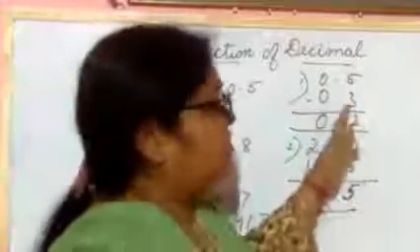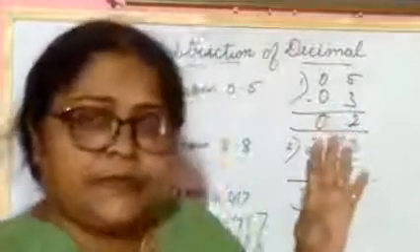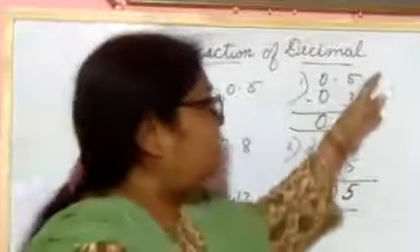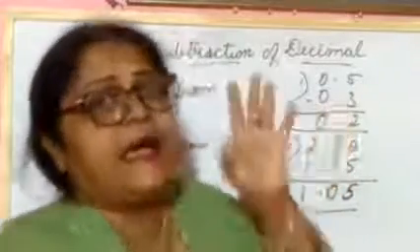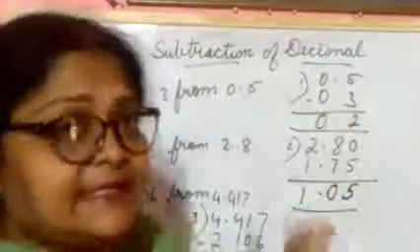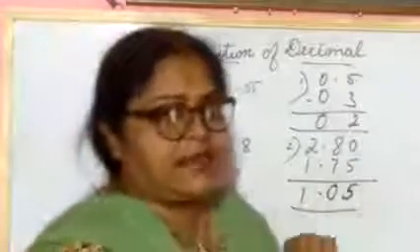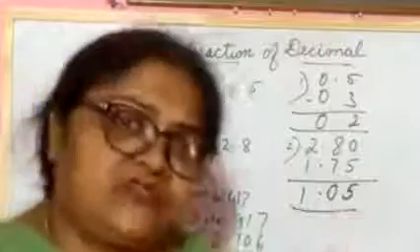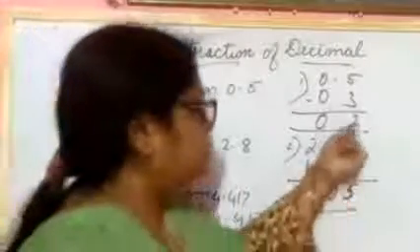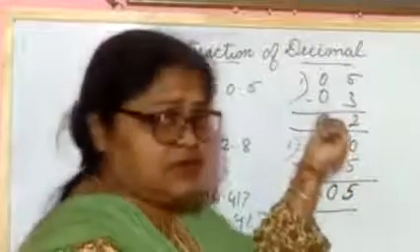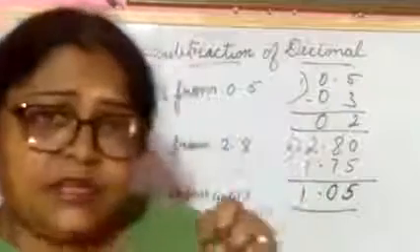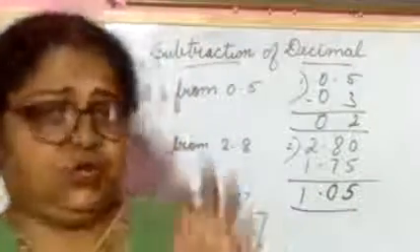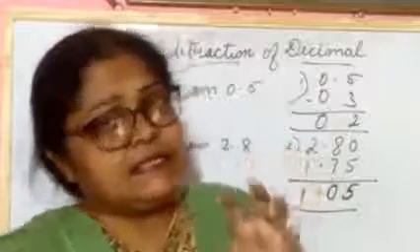Okay, now you will arrange the numbers. After arranging, you will subtract the tens place. From the right-hand side, you will do your subtraction. So you will subtract the tens place: 5 tens minus 3 tens, what do you get? 2. And before that, 0. So what answer did we get in the first case? In the first question, the answer is 0.2.